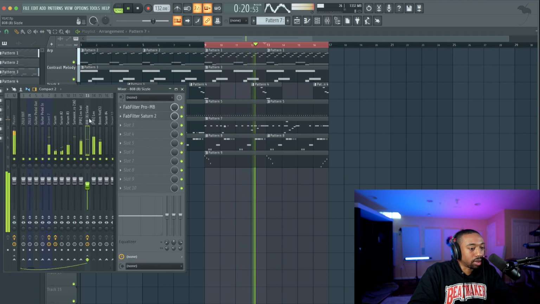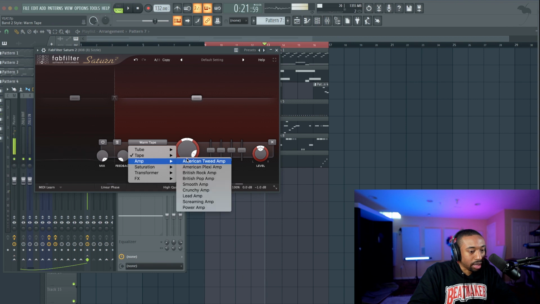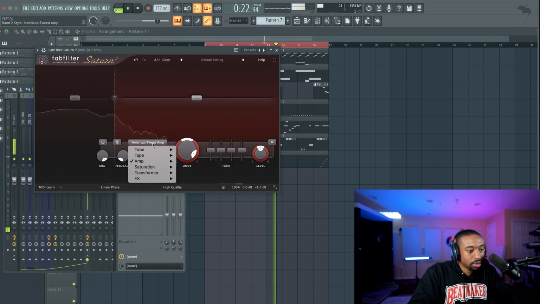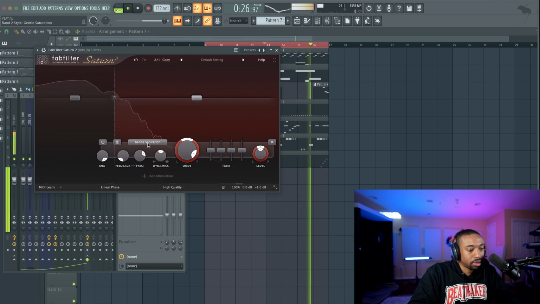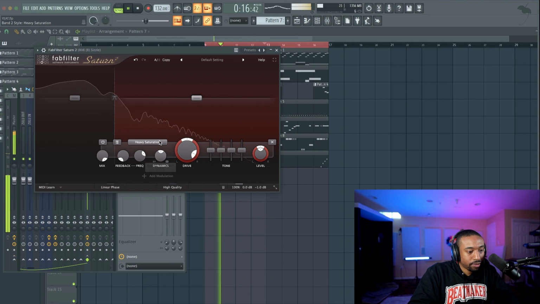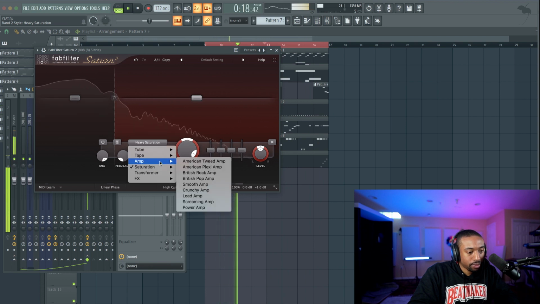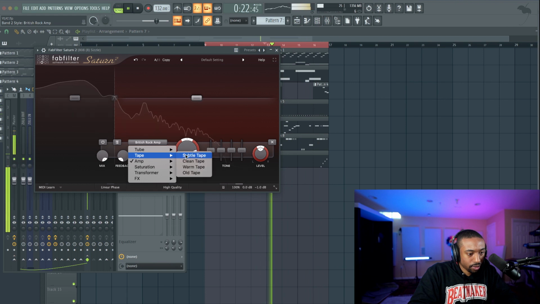808 could be distorted a lot more. So let's switch it to a different mode. Let's go to amp mode. Or let's go to saturation mode. So you can push it harder.